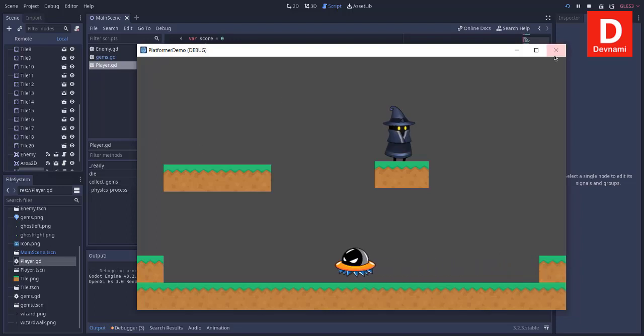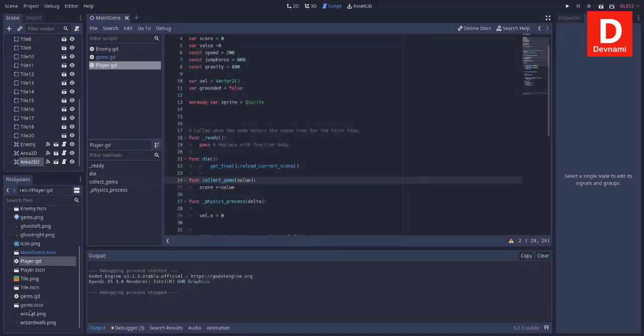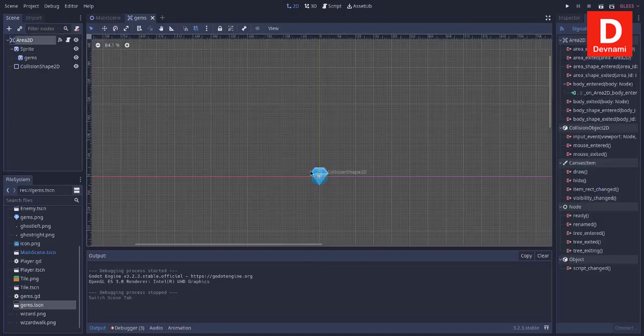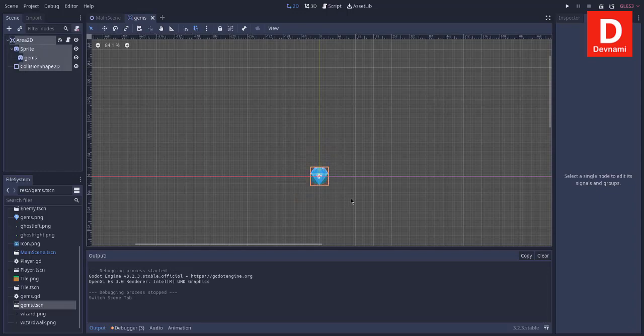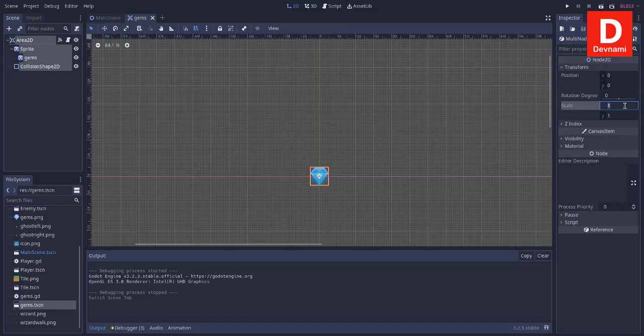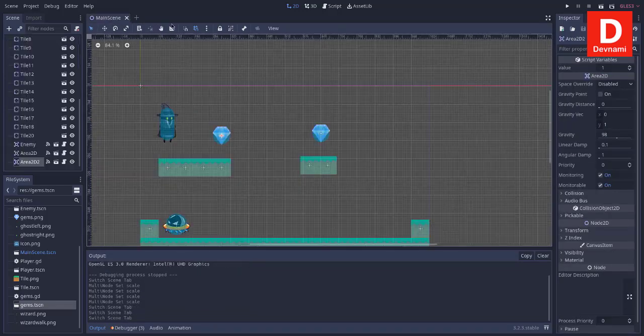You can adjust the gem size in your gems scene. Okay, so simply go over there and select that, we choose inspector, then transform for scale 0.5, which is smaller, I hope, right, and save it. Right, so let's keep it at 1. It goes too small. Okay, now coming back to main scene, let's